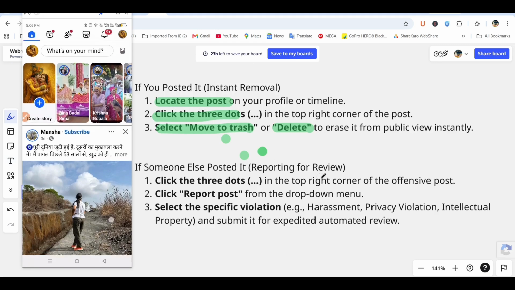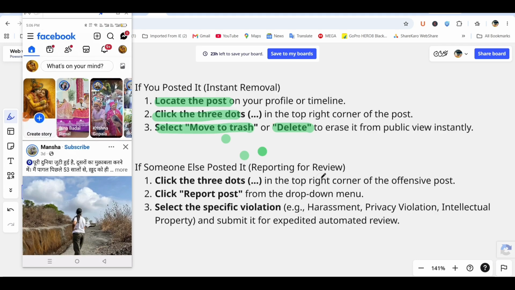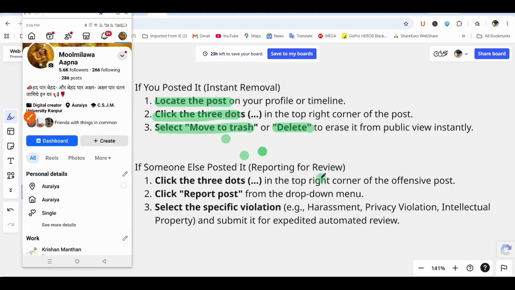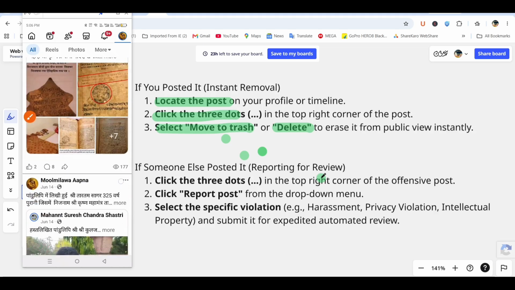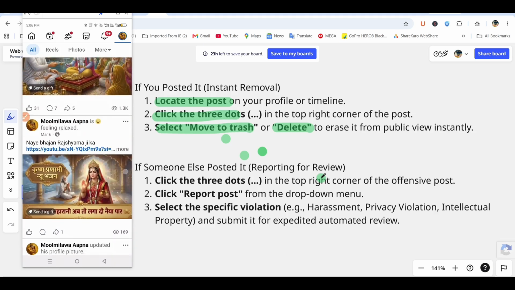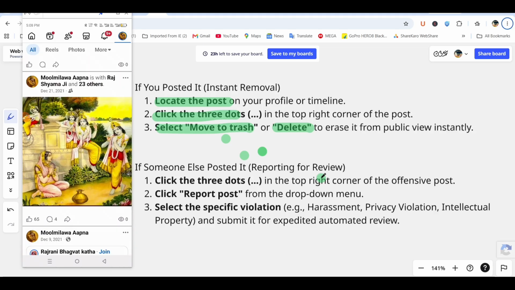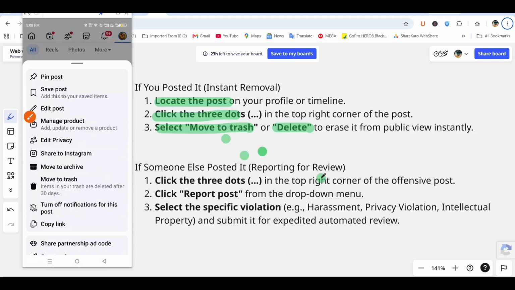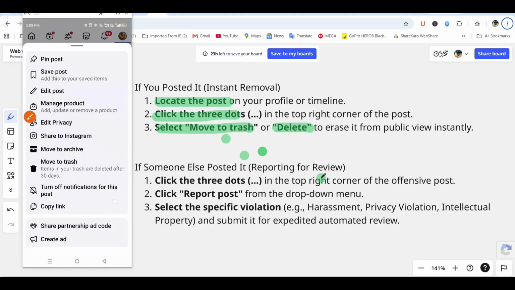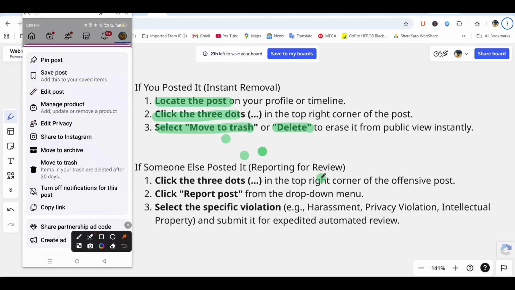So first open Facebook. After that, click the profile icon, scroll down your photos, and choose which post to delete. I want to delete this photo. So first click the three dots, this window opens, and choose this icon